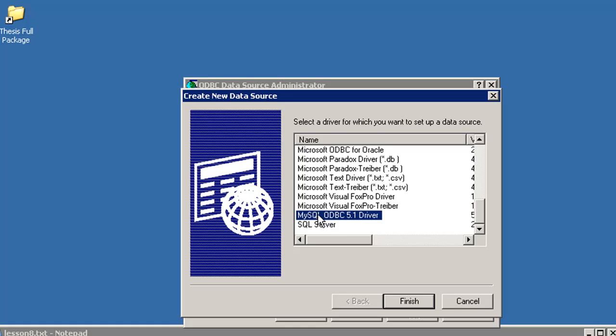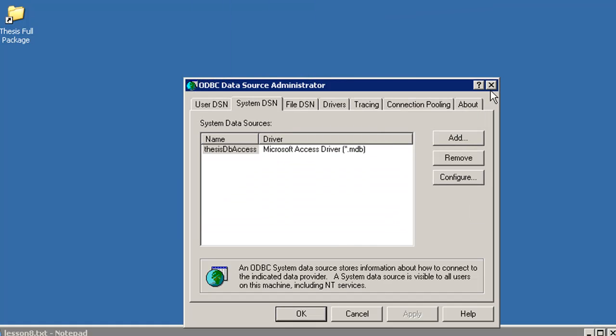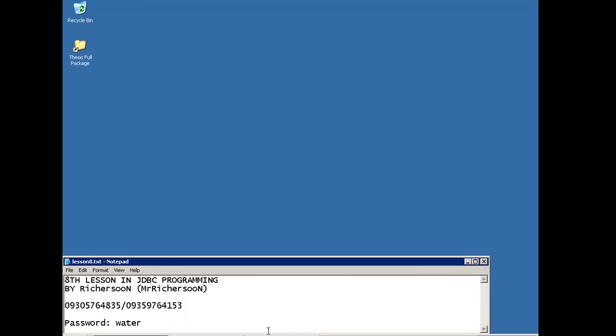Here, this is the MySQL ODBC driver. Now we will be able to connect Java and MySQL using ODBC. Click finish. We will configure this later after we create the database. Okay, cancel. Click X, and we will go back to MySQL Workbench.